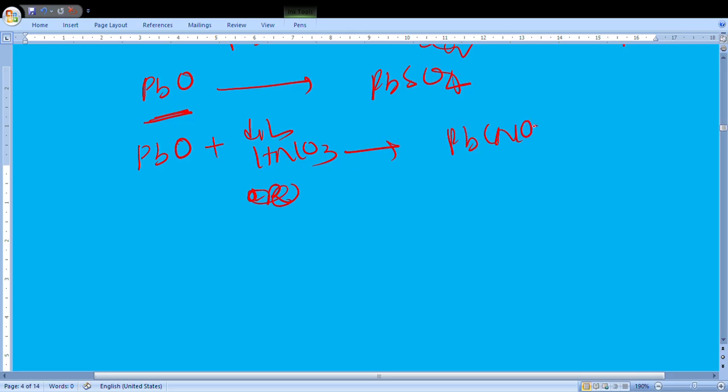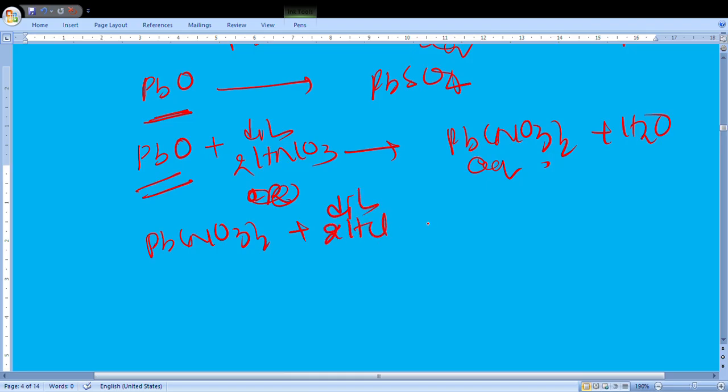Pb(NO3)2 plus H2O. So now it becomes a colorless solution, from yellow solid to colorless solution. Now this Pb(NO3)2 on reaction with dilute HCl or on reaction with